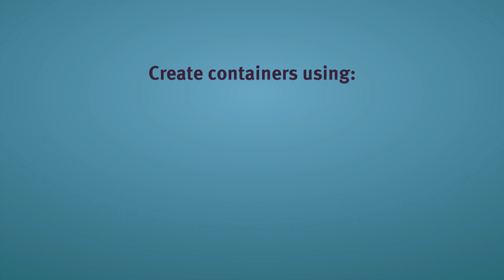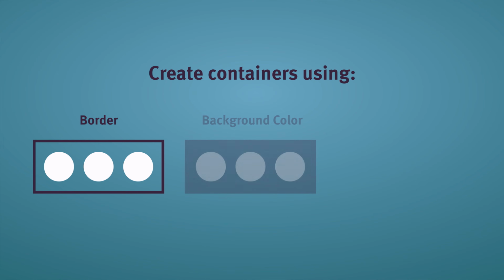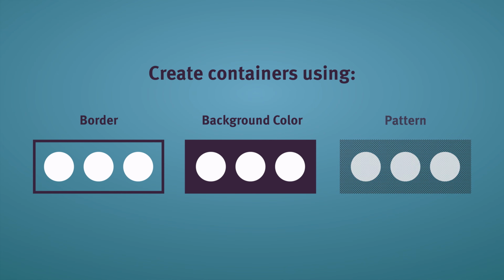Containers help create distinct, organized sections, which make it easy for users to recognize the basic structure of an interface. Headers, footers, and navigation panels commonly use containers to visually separate them from the rest of the UI. People rely on these visible boundaries to understand which elements are related. You can create containers using a border around the edges, a background color, or even just a simple pattern. When using background colors or patterns, just make sure that the text color is still readable and meets contrast guidelines.